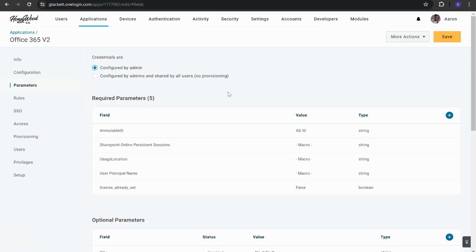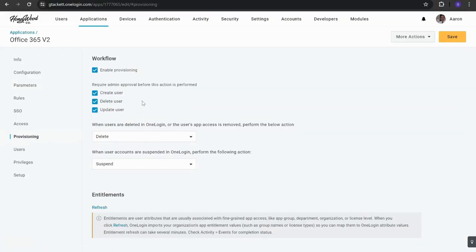application supports. So when we look at user provisioning for onboarding, deprovisioning for offboarding, or maybe just an update around someone who has a change of name or change of title, all of these different scenarios, we can work with those applications. When looking at those different types of tasks, we can either allow them to be performed automatically or check one of these boxes to put an admin approval in front of that option.